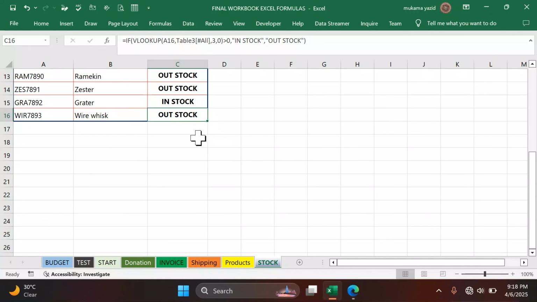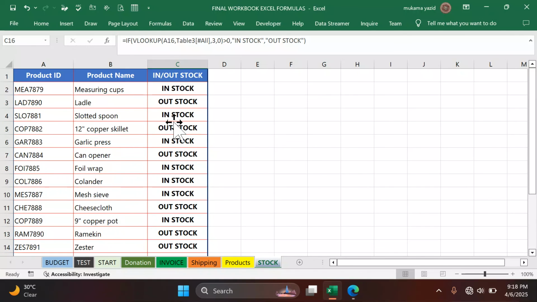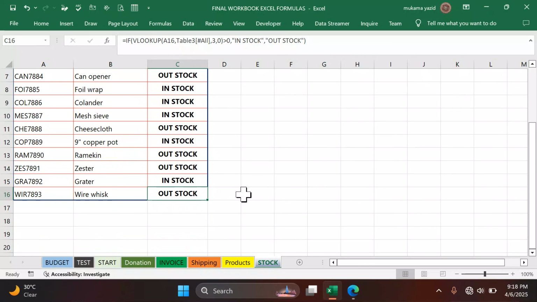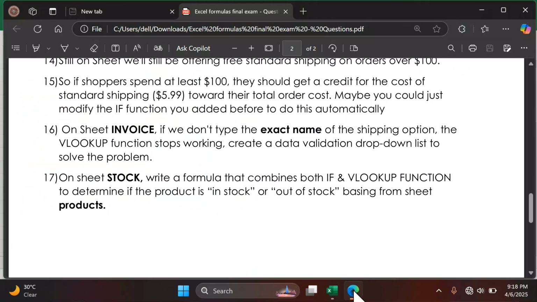So that is how we can use the IF function and we get the answer. And what was the question? In stock also, based on the